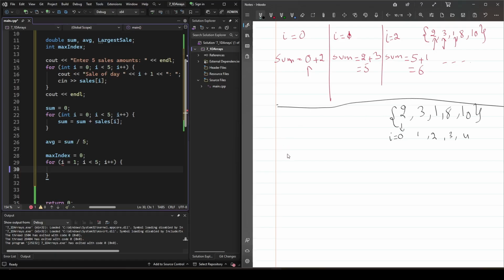So let me rewrite it here, maxIndex equals 0. And then inside this for loop, we started iterating from 1 because we want to start from the second element. We're not worried about the first one anymore. And then inside it, we're going to use an if statement. And the logic in this if statement, we're going to use: if the sales of this maxIndex